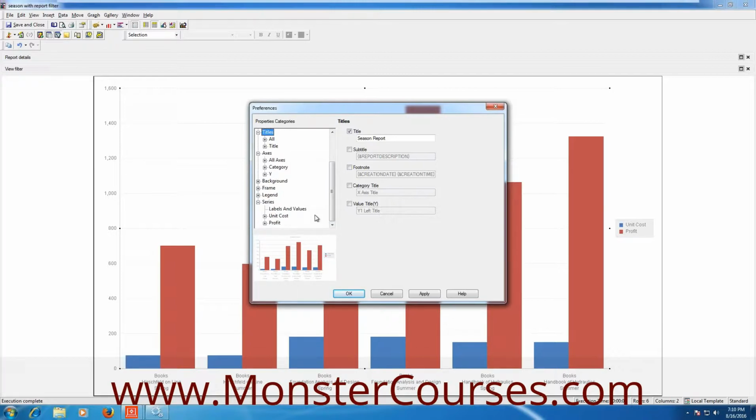Series means what? Series is something like the metrics we're talking about. So you see profit and unit cost. Legends is something like you put on the attributes and everything, right? That's what you want to display there, like what attribute it is, category or customer, like consolidation, something you did here, right? Click OK.